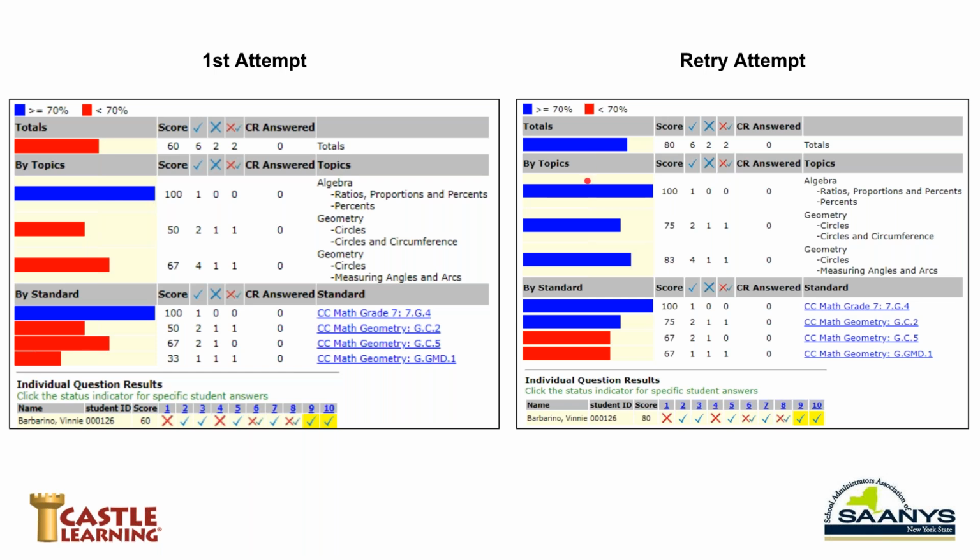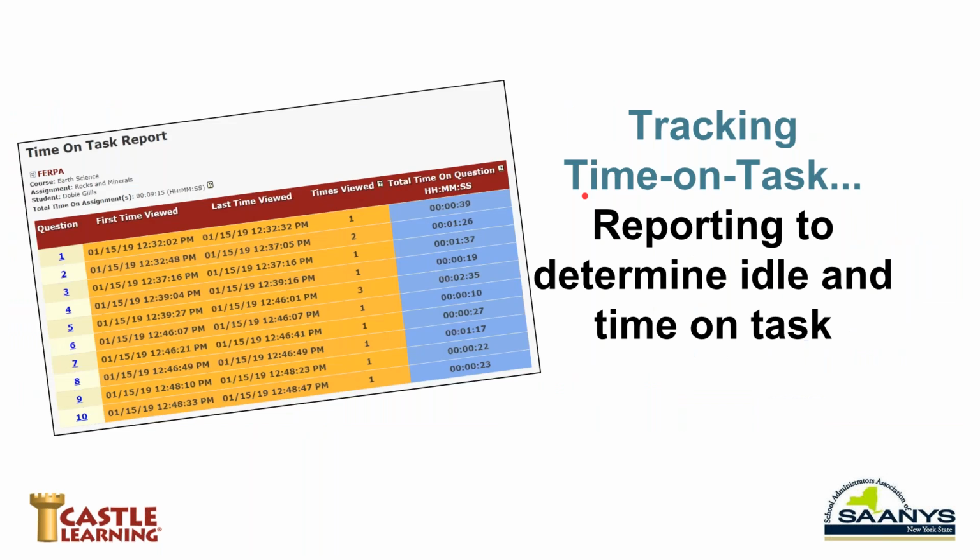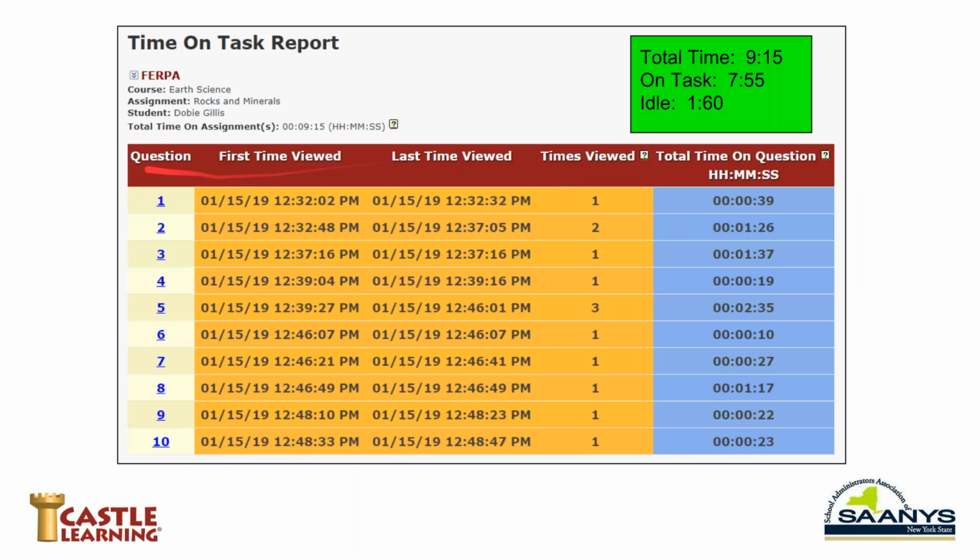Part of this monitoring process is a feature that we've added, and other resource tools may have it also, in talking about time on task. We were getting a lot of requests for a way to track students that might be in a home instruction setting, allowing that teacher to say how much time was on task and how much idle time that student had. So this is part of that report for that activity, which allows us to see a breakdown of how much time that student had within that activity.